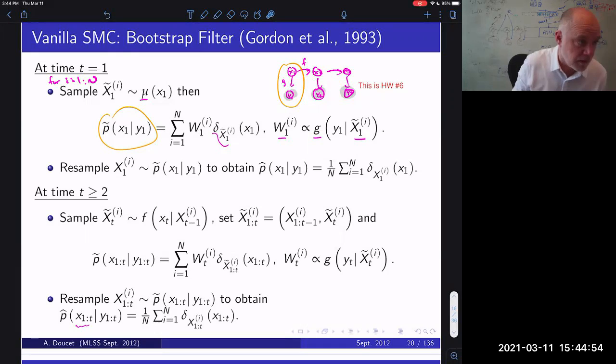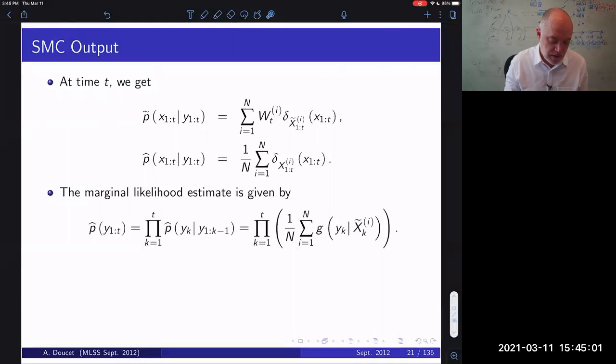Okay, everybody remember this? Everybody's cool with this? Remember how we got here? Okay, great. So we'll say a couple of things. The output of sequential Monte Carlo